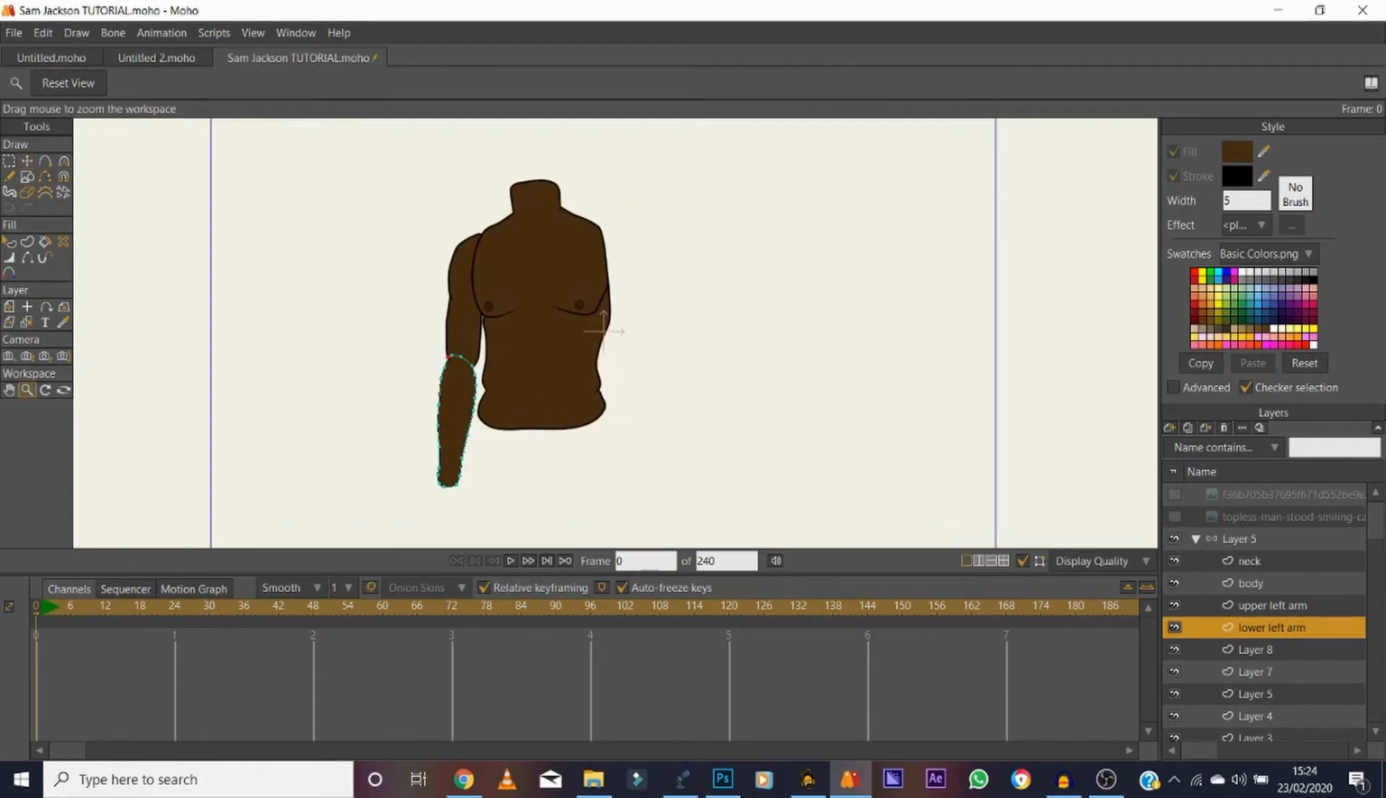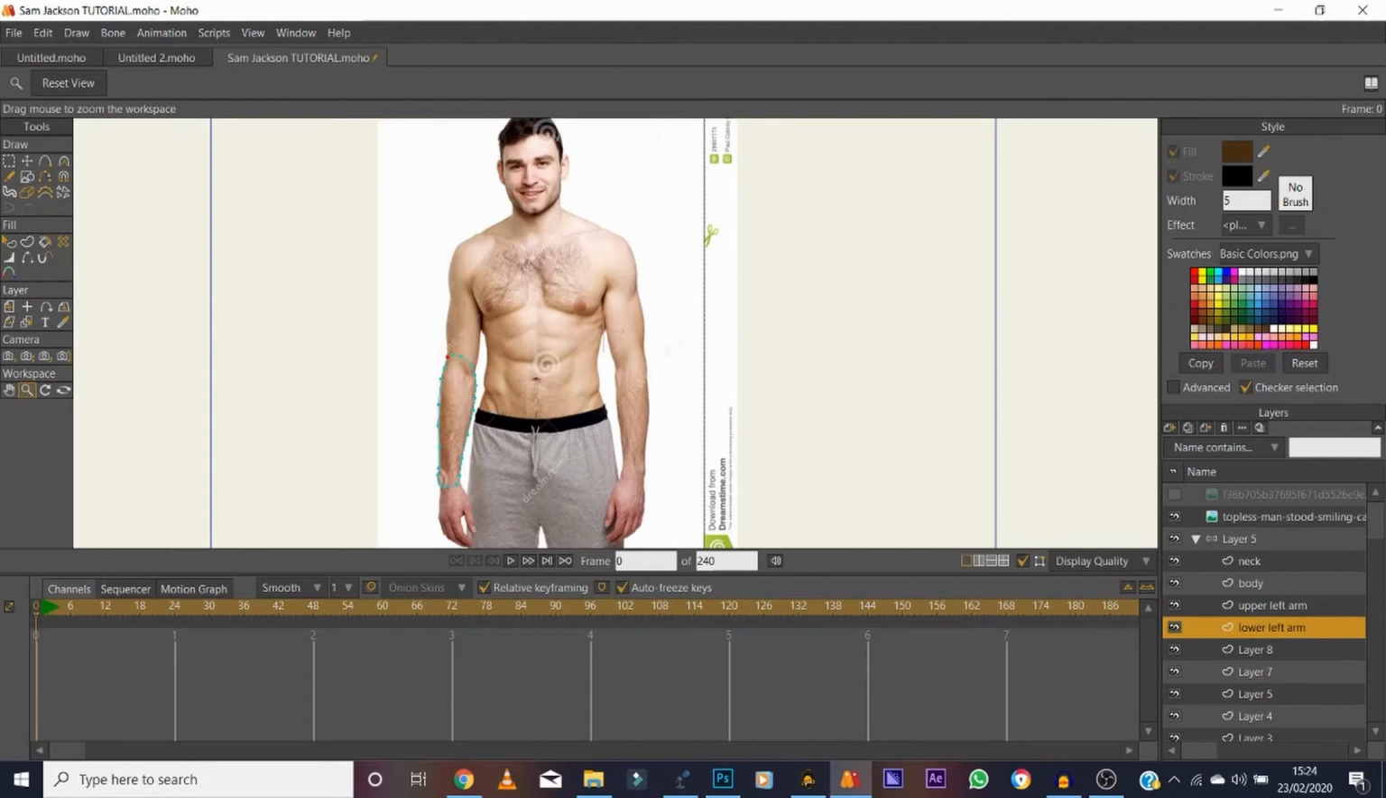Zoom out. Okay, cool. And we do the same with the other side. I mean, to be fair, you could just copy and paste the left upper and lower arms to the other side. You know what, let's see if that works. We'll just save you time. In fact, forget copy and paste, you can just duplicate this and then rename it